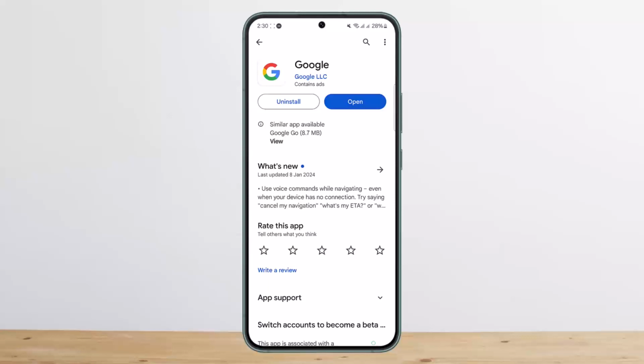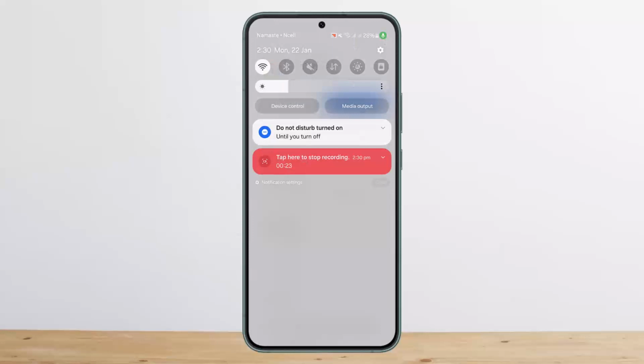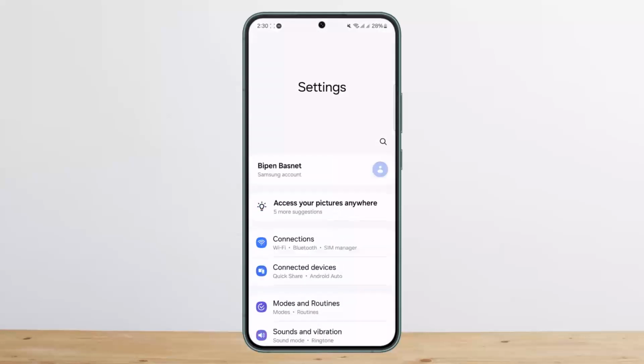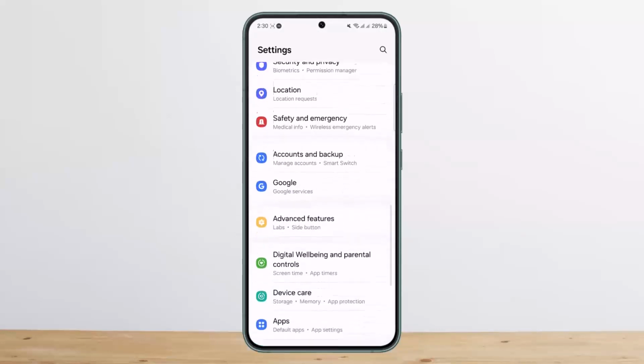Now the process itself is quite simple and quite easy, so let me guide you through. In order to remove a Google account, what you need to do is simply head into your device settings. You can scroll down the notification bar and tap on the settings with the gear icon at the top right corner of your screen. Under settings you want to scroll down and look for the option